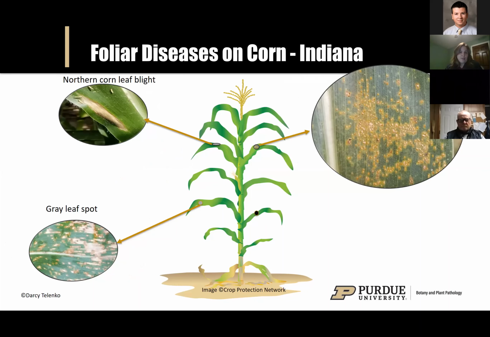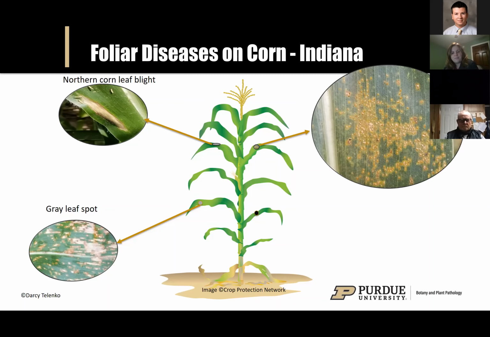Will it be moved here in Indiana early enough to cause impact? This disease, we do need samples to confirm it, to distinguish the two different spore types from our common rust and the southern rust. Again, the southern rust is what could cause significant yield impacts and does impact corn production